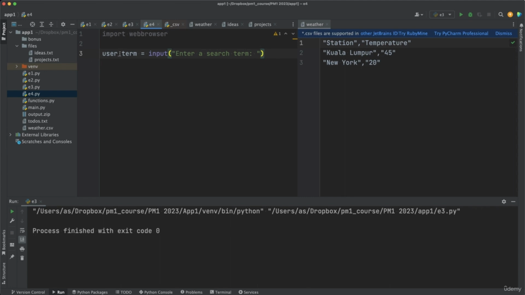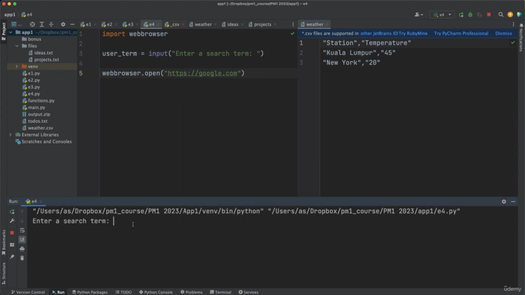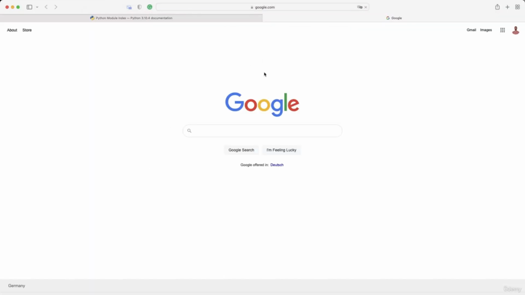Right, we get that search term, we store it in user term as a string, and then web browser has this open function. The open function expects a URL as a string. So if you say here https://google.com, and if you run this script now, first enter a search term, let's say anything, so this will open